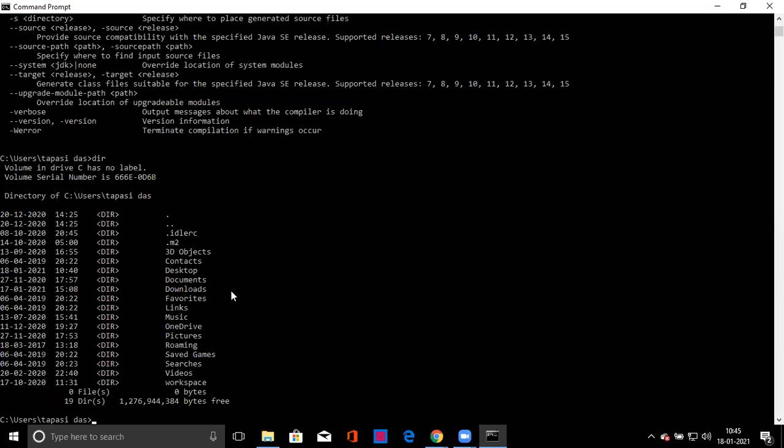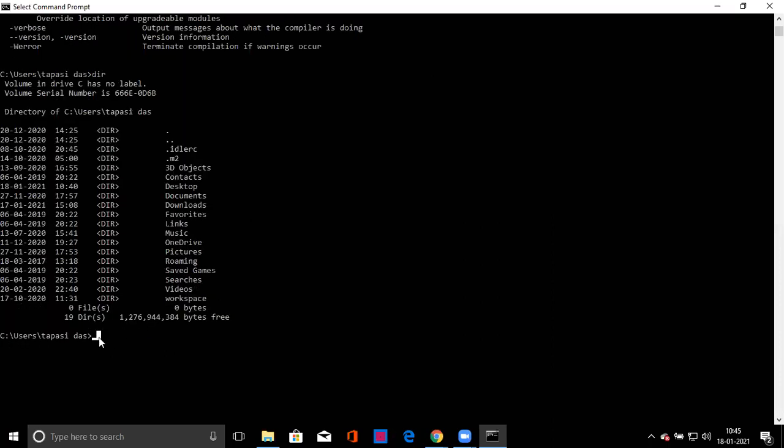So for changing the directory, here you have to write the command cd, then desktop. Okay, now because already our program is in desktop, we are changing the directory to desktop.